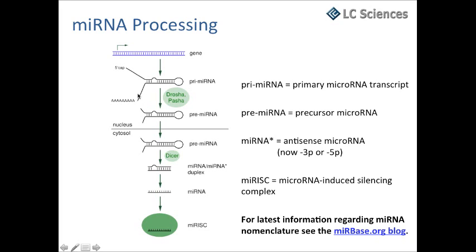What's happening here is basically that the 5' cap and the poly A tail are being removed. This all happens in the nucleus. In the case of plants, the further processing happens in the nucleus, but in the animal model, it then gets transported into the cytosol, and this precursor microRNA, which, as I mentioned, is rather stable and doesn't unfold very easily,